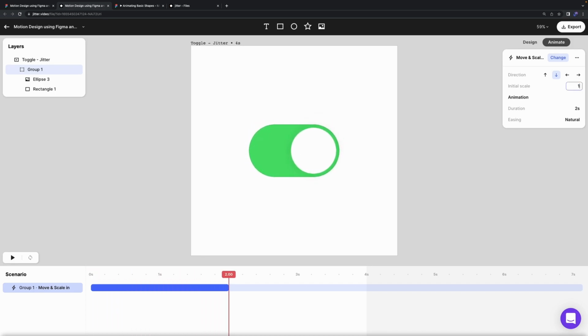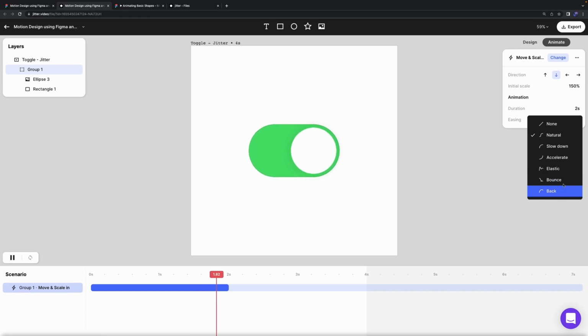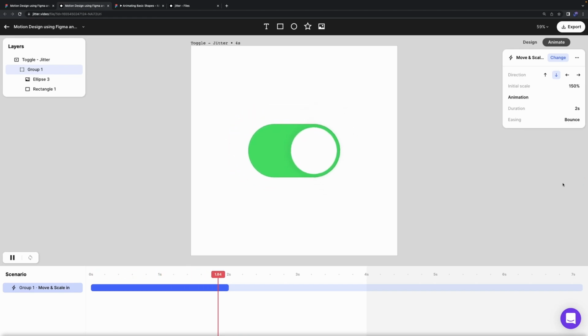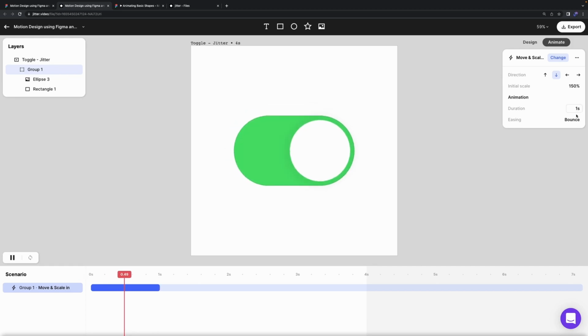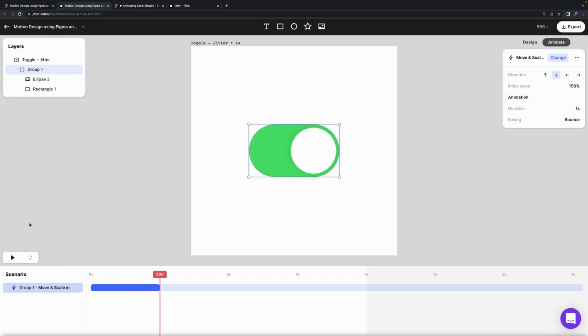You can get this cool little press feel. You can do a bounce maybe. That feels really fun. I'll make that a second, so that feels a lot more like a drop. Just have a little bit of weight for it. And then what we'll do